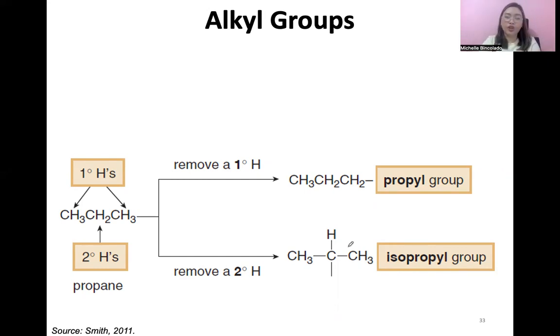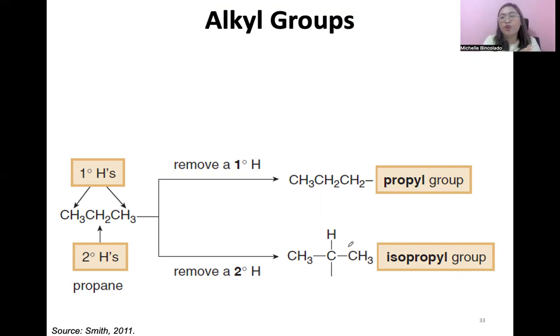So guys, of course, the propyl group comes from propane. If we remove a primary hydrogen, we need to know what primary and secondary mean. Later on, guys, we will have a portion for primary and secondary. I hope you're still familiar with it, because in the alkane chapter, we will have a portion on primary, secondary, tertiary,